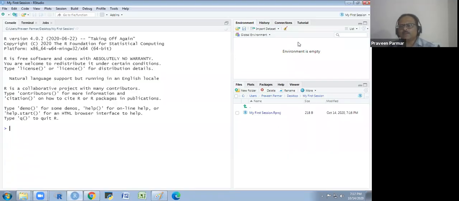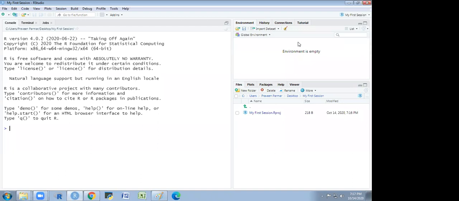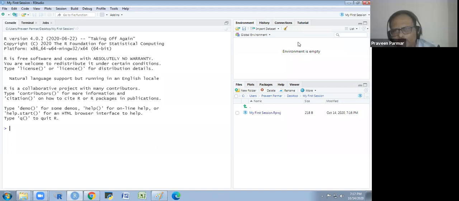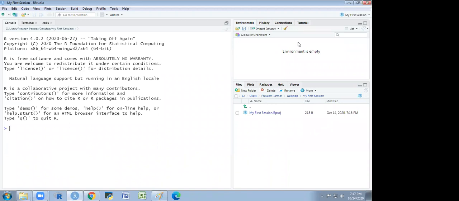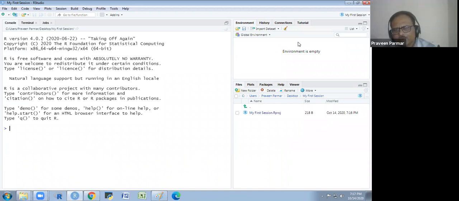In this way we could create a project. If we don't have any folder, then we could create the folder. Sir, this creation of the project must also be in C drive? No, no, you could create anywhere. Just installation should be in C. Installation should be in C. Okay, sir.